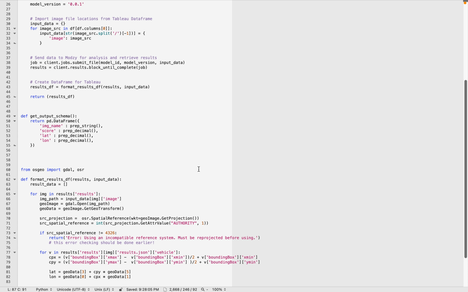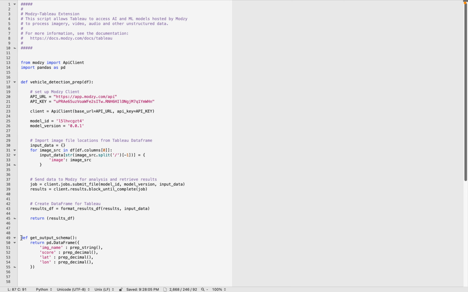vehicle was discovered in. So the last thing Tableau likes is not just to have all that in a data frame, but also to know what that data frame contains. It wants to know if it's a floating point. It wants to know if it's a string of characters, a Boolean, a blob. It's got about 8 different data types. So you have to let Tableau know what data type you're returning.